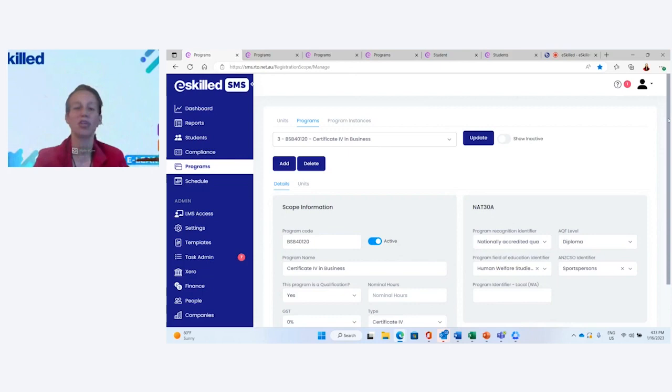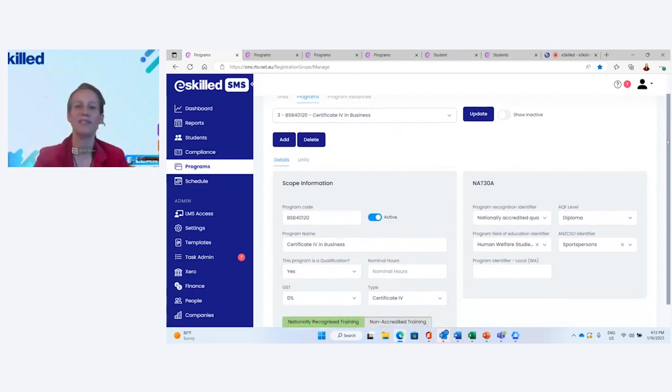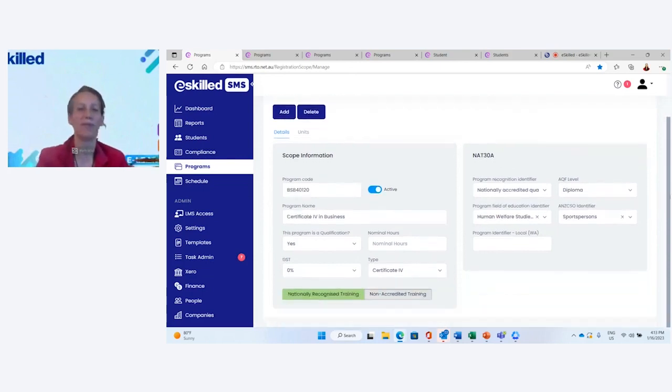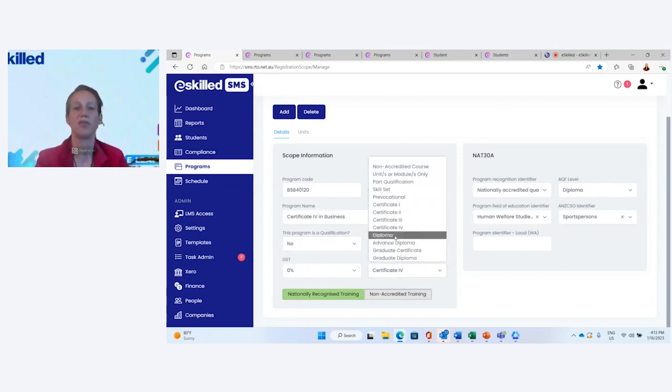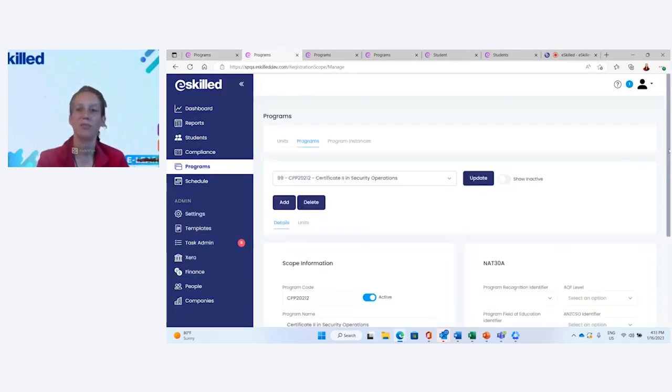The first thing I want to show you in programs is that this is your existing or current platform that you're using. And in here, if you click on your qualification, if this program is a qualification, it will say yes or no. If you say no, it won't change your type. So it will still give you all your types of options in here. However, on the new updated version, you'll now notice that in your programs,